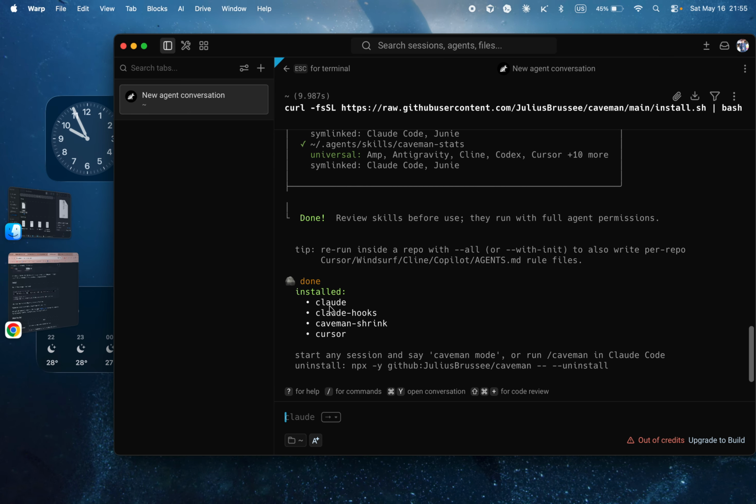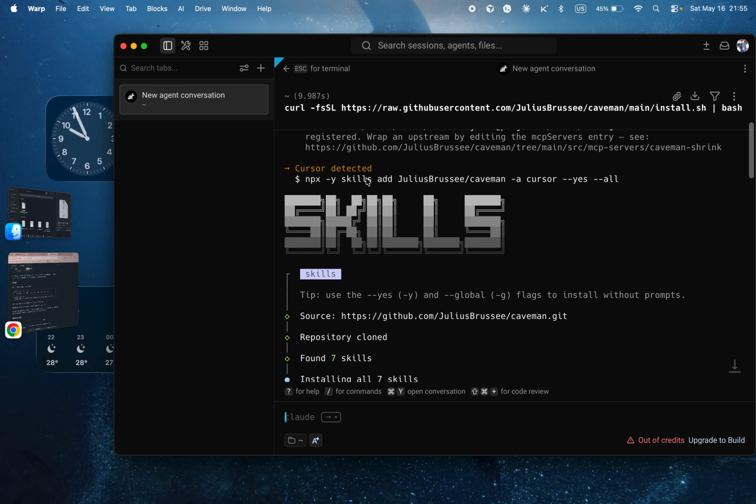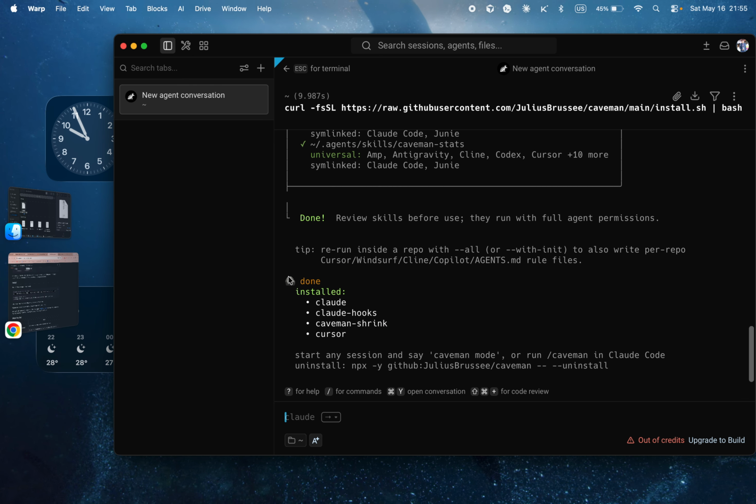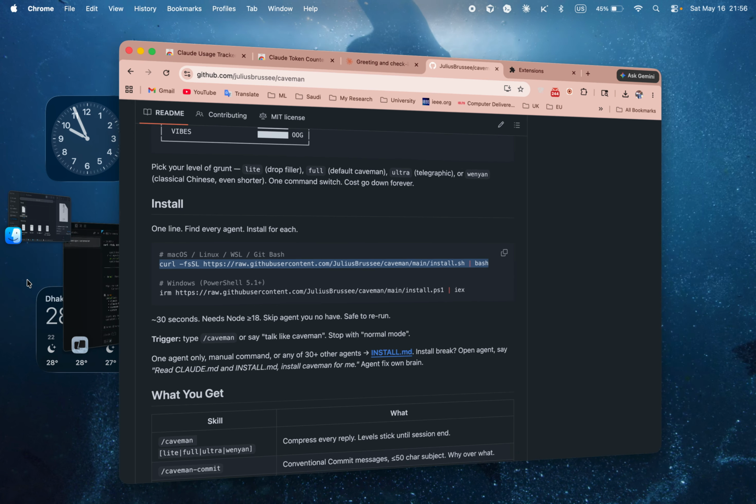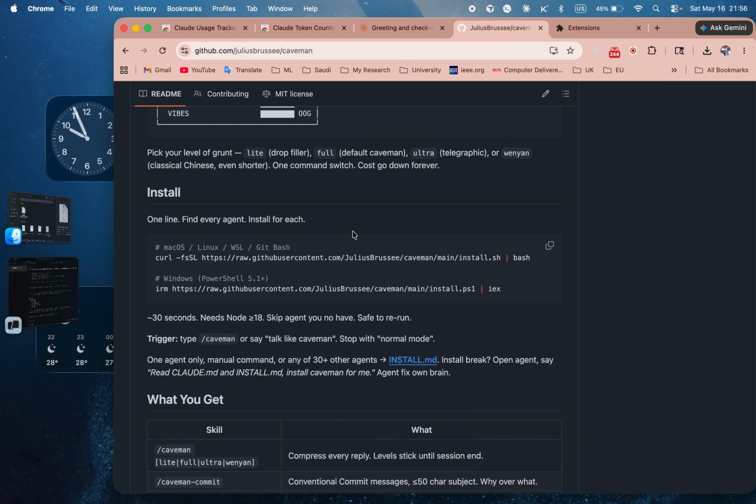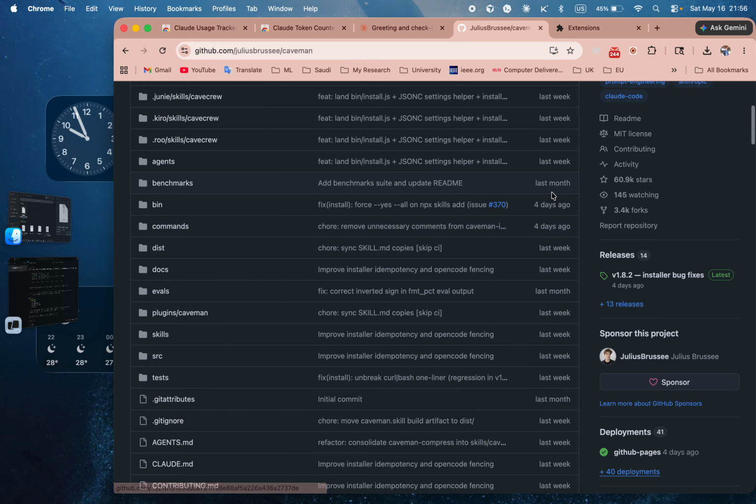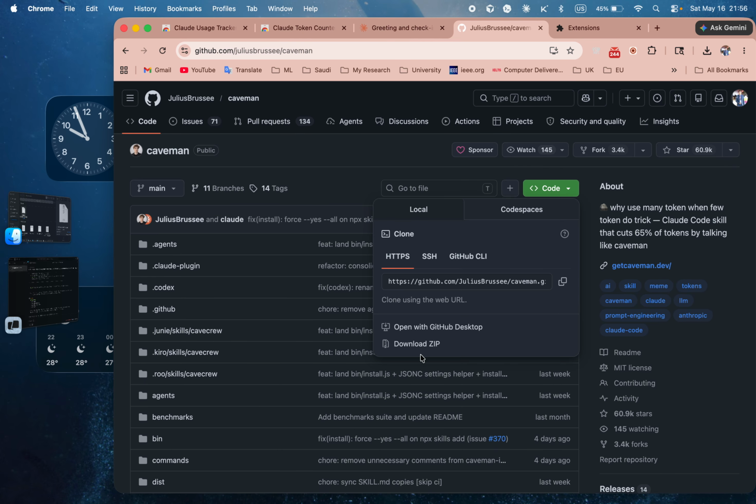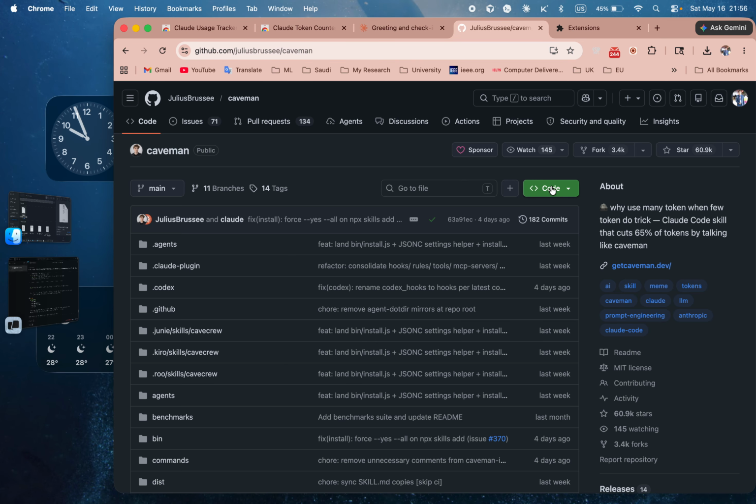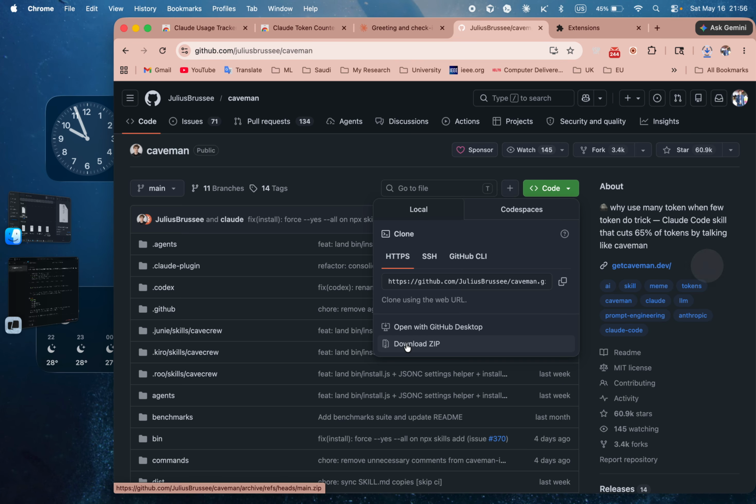So they installed it for Claude hooks, Caveman shrink, and Cursor. So they detected Cursor here. So now you can use it for Claude Code, and if you don't want to install it on your local machine, or if you don't have the Claude Code desktop app, you can install it by just downloading the zip file from here